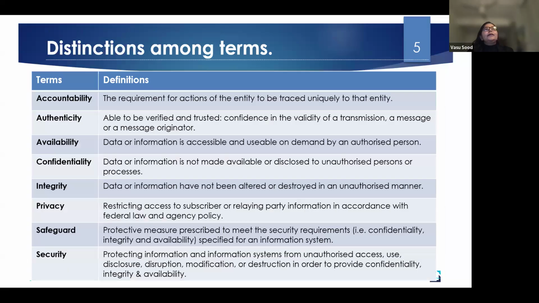Moving further in this privacy, security, and confidentiality discussion: in the previous slide, slide 4, we introduced the core three principles which we all need to understand regarding protecting patient health data. This slide expands the concept a little bit more. We are trying to understand how privacy, confidentiality, and security can be implemented. There are many terms used here: accountability, authenticity, availability, etc.